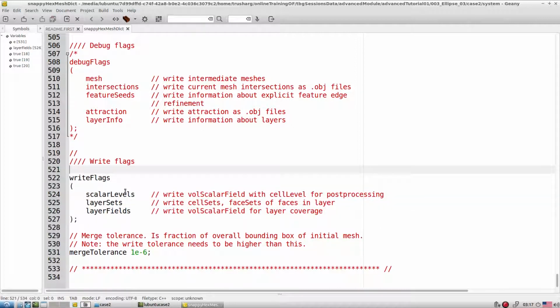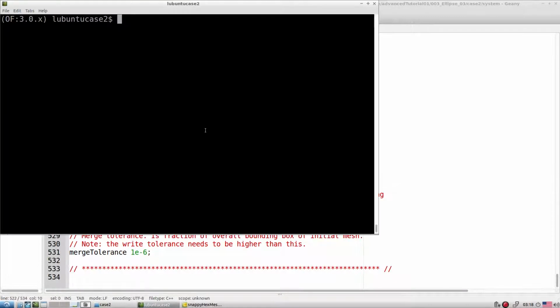So it will give you certain things: scalar level, volume scalar field for cell level for post processing. Then write cell set, face set for faces in layers, layer sets, and layer field for layer convergence. So if you have this flag enabled, what's going to happen is something like this.